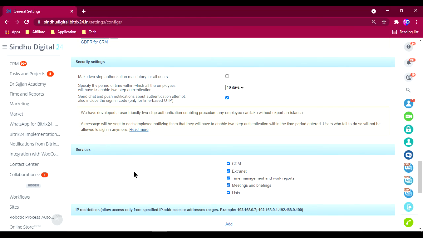And there are some of the features which will be really helpful for your organization, like CRM. If you don't want some of these features, you just uncheck them, and they will disappear from your interface. Okay, I mainly recommend, if you have more than 10 employees, that you look into login details, like when an employee enters the firm, he has to have some entries like clock in, clock out. If you want that kind of feature, you just check time management and work reports,